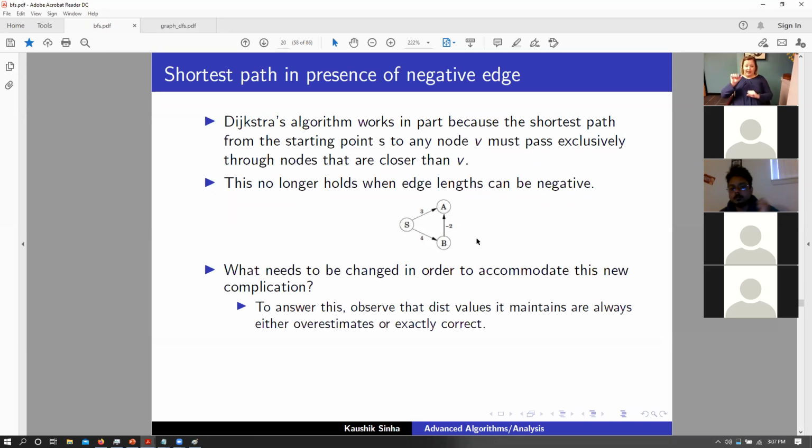So in order to figure out the shortest distance to all of these nodes, let's say that we start from S. What do you guys think is the shortest distance for A and the shortest distance for B? Can someone tell me what it should be?